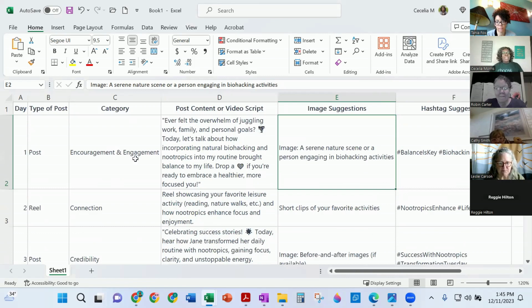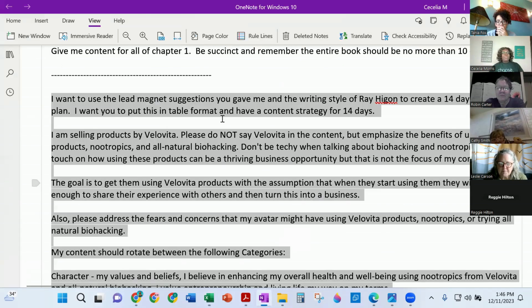Those of you who struggle with what to say on social media, right? Again, with consistency. The one thing about being in this digital marketing space, you have to be consistent. You can't make a post on Monday and then another post on Friday and then another post the next Wednesday and expect people to follow and engage with you. This gives you the opportunity to be consistent with your content, which is another reason why I love it.